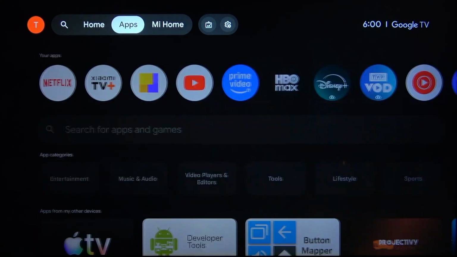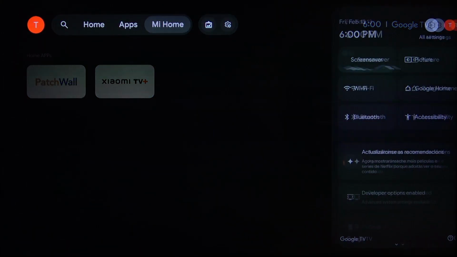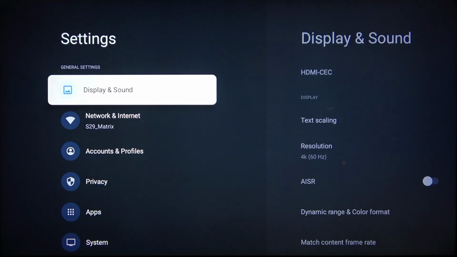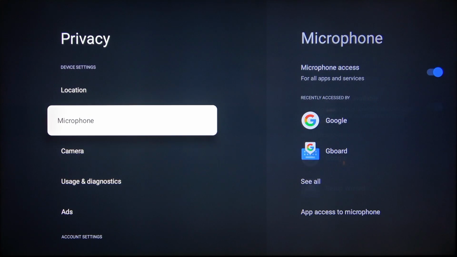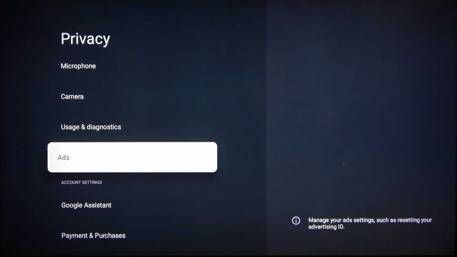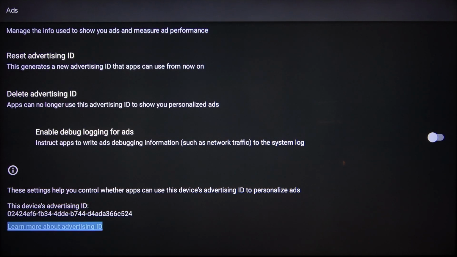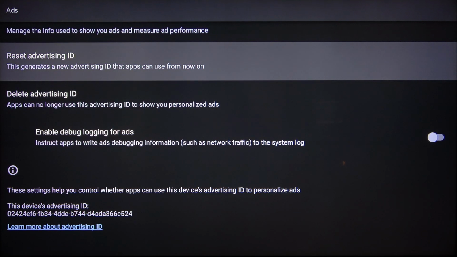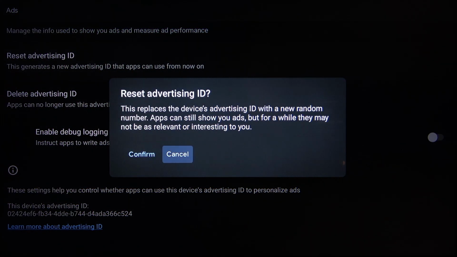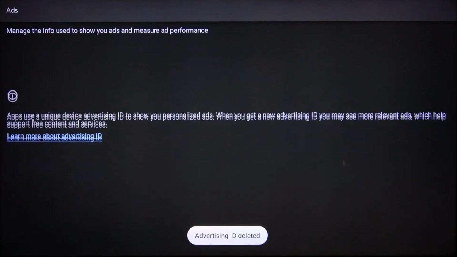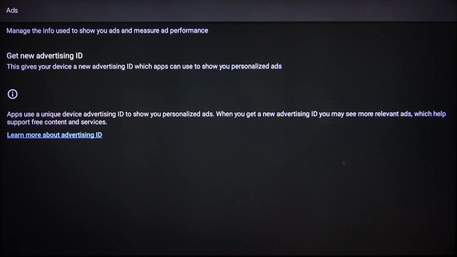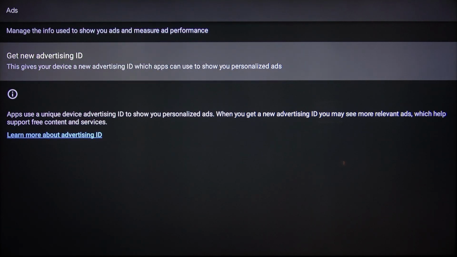From the home screen of your TV, navigate to the gear icon to open Quick Settings, then open All Settings menu and scroll down to Privacy. Here in the Privacy section, select Ads, then first reset advertising ID, then click Confirm, and then delete advertising ID to delete your advertising ID and not receive any